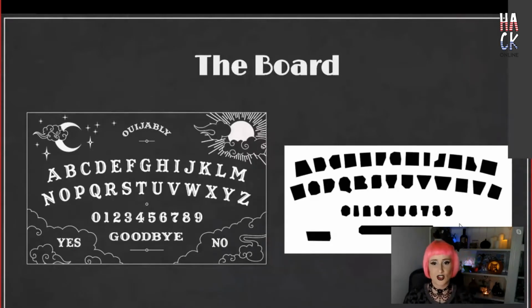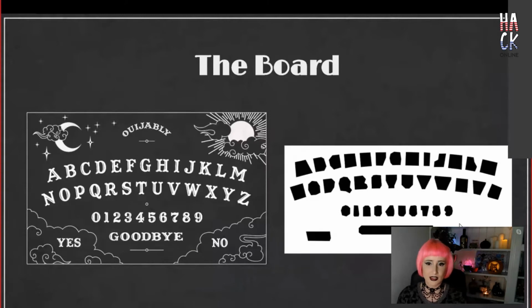So the spirit board is just a div and its background image is set to the picture of the board on the left. And inside the div is the SVG that is pictured on the right. The SVG is made up of a group of polygons that mask out the area contained by the characters on the board. And it's this SVG that we'll use for collision detection rather than the letters themselves.